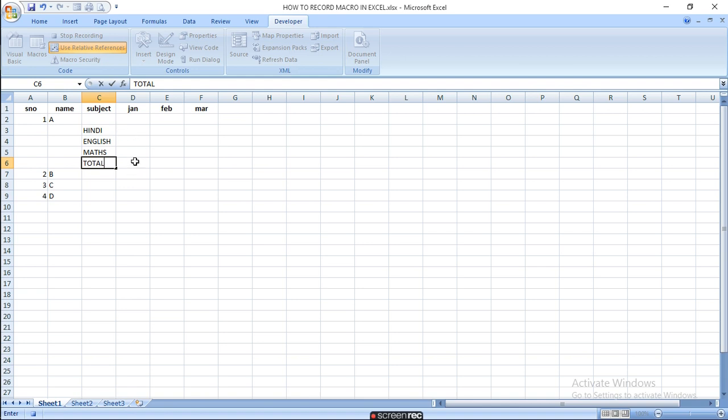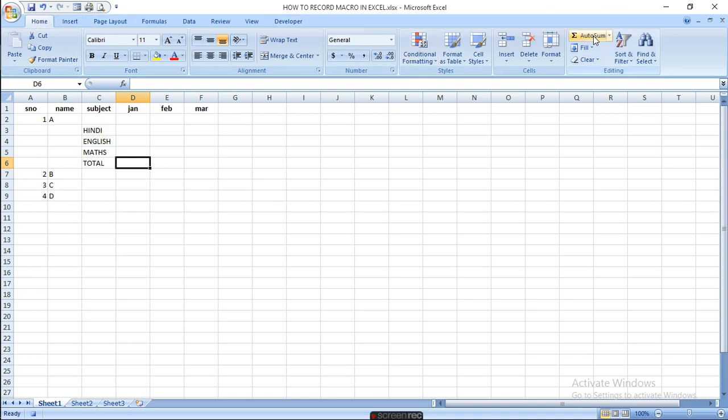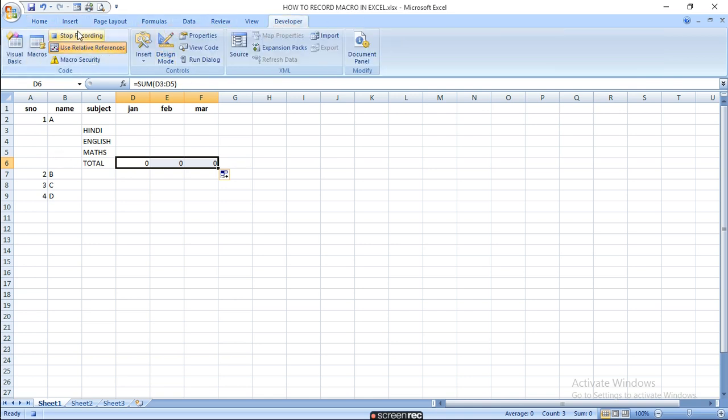Then come here and go to the Home menu and press Sum. Sum these 3 subjects. Here I have not written any number, so it is not taking any total. But you just copy it and stop the recording of the macro.